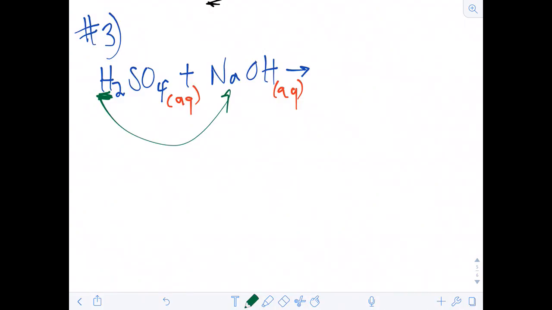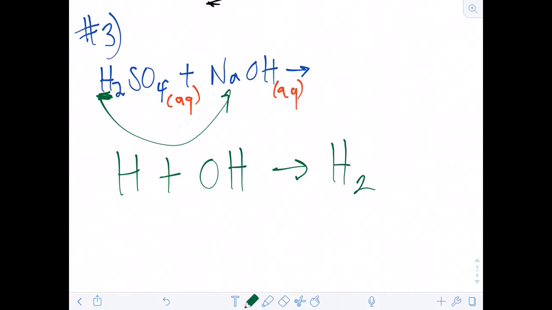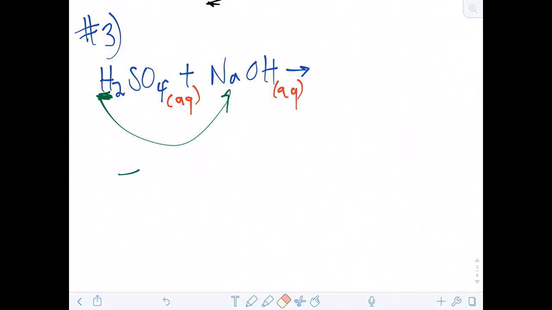If it replaces sodium, look what you're doing. You're adding a hydrogen to an OH. What would you get? H2O. H2O, very nice. You get water. You get water. So if you get water when you add H to OH,